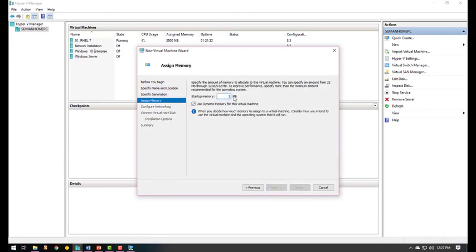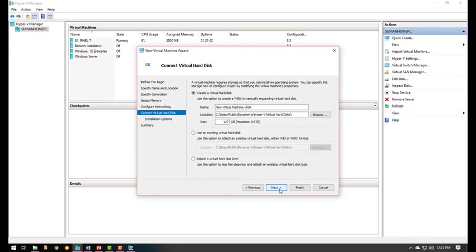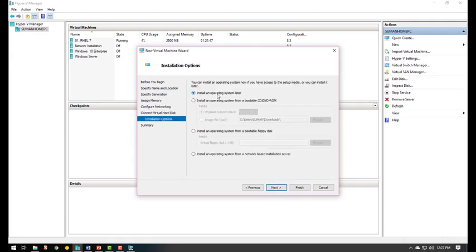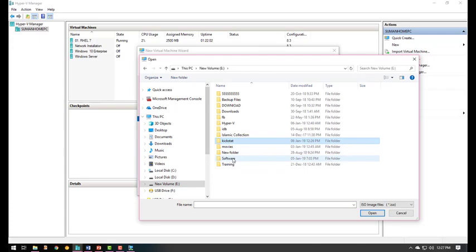I want to assign 2000 megabyte at startup memory and dynamic memory. Let me connect it with external. I want to point 10 gigabyte of hard disk storage. I have to start the operating system bootloader by a disk, any Red Hat Enterprise Linux installation disk.